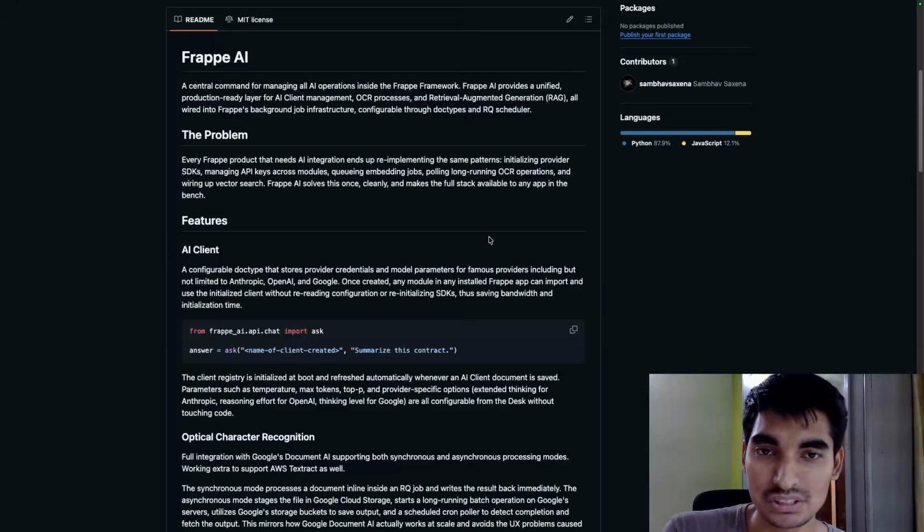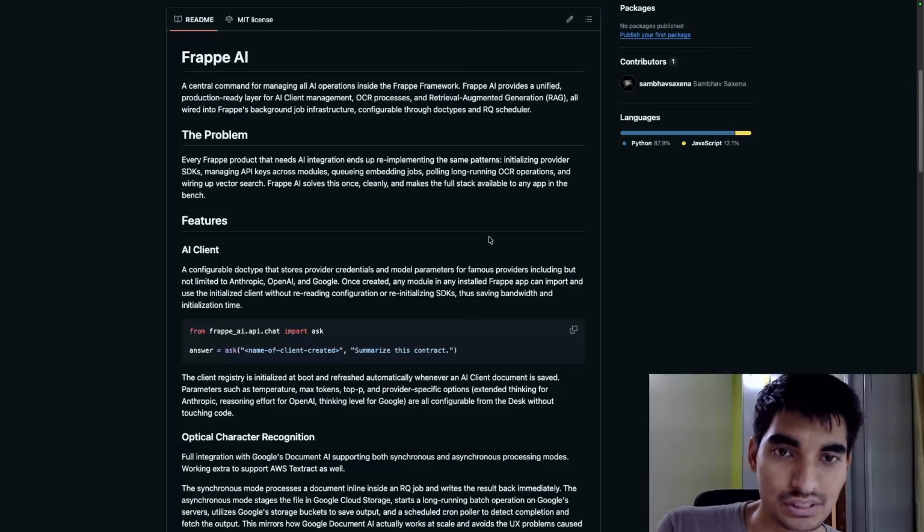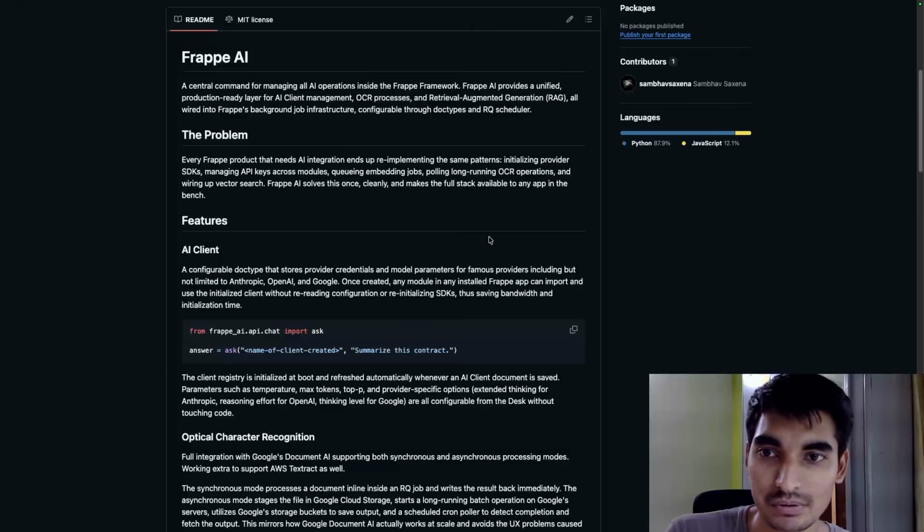Frappe being a WSGI cannot support an ASGI server inside itself, so it needs to be hosted as a separate service and supervised by a supervisor or whatever you're using for production instances. But the point being, apart from those AI related workflows, everything is going to be provided out of the box in this repository.